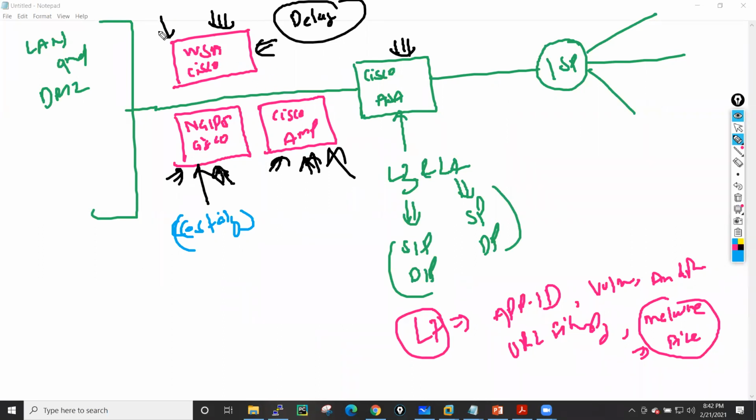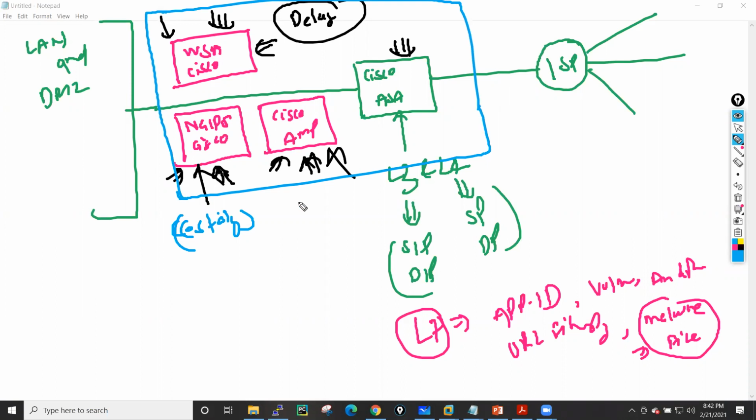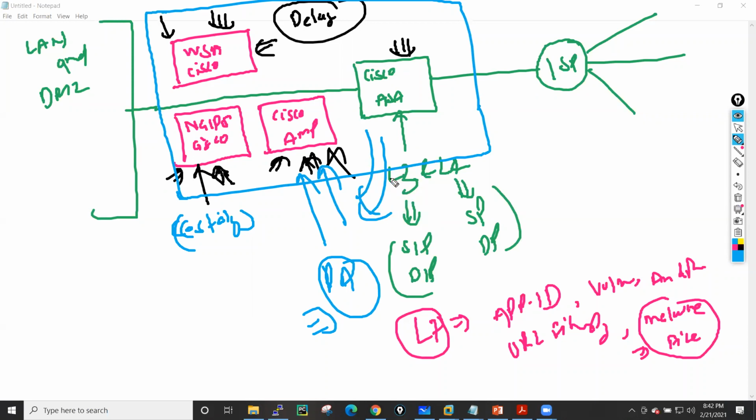That is one more reason nowadays people generally use a one-box solution, and Palo Alto is the firewall that gives all these functionalities in one box only. So Palo Alto is a one-box solution for all these functionalities. That is also the main reason people are migrating there, or upgrading their old designs with the new firewall, which is your Palo Alto firewall.